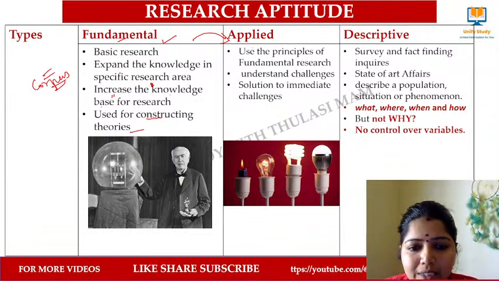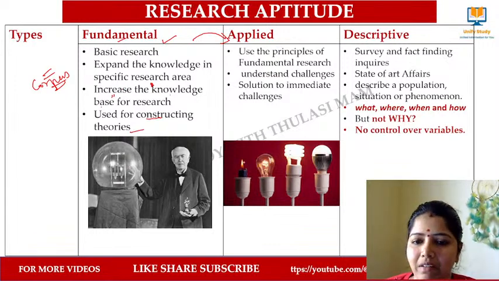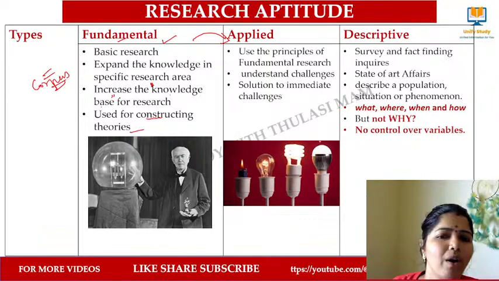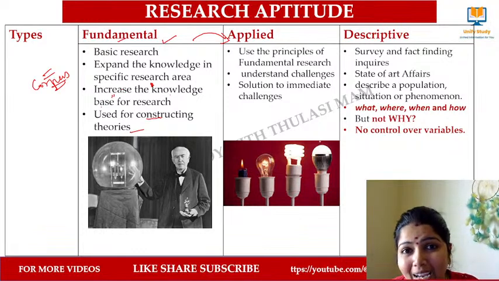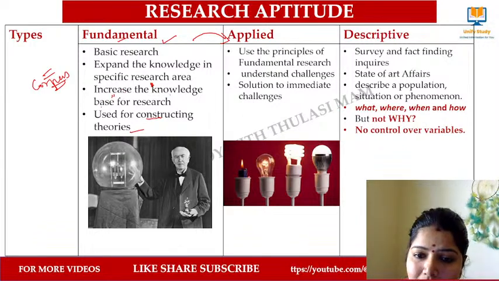For example, this is a bulb, right? At the beginning we had candle light, and then we invented the bulb, and then we have the filament, and then we have LED, LCD. They are different forms of light we have invented, and these different forms are being applied in different areas of life. Yes or no? Why has this been replaced with this one?